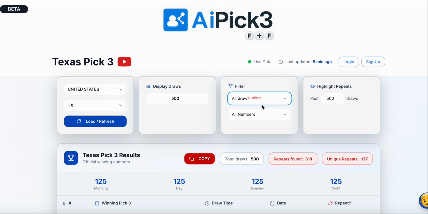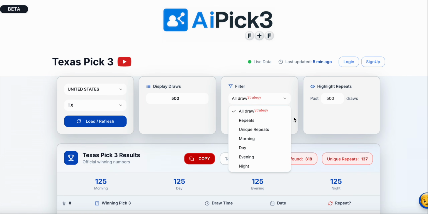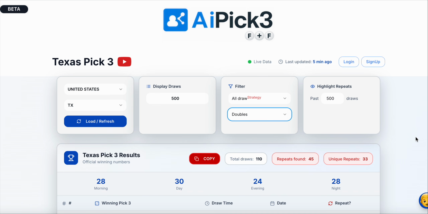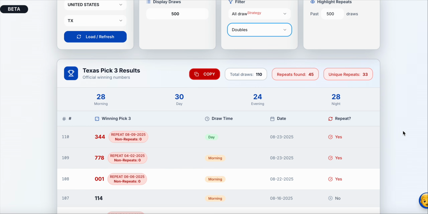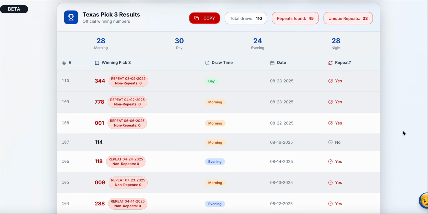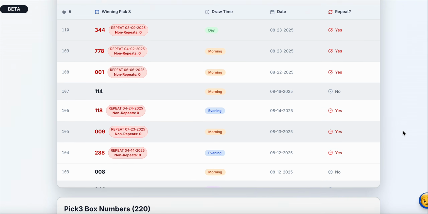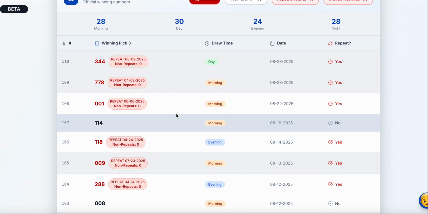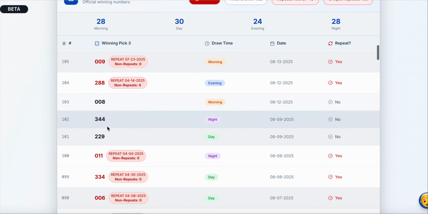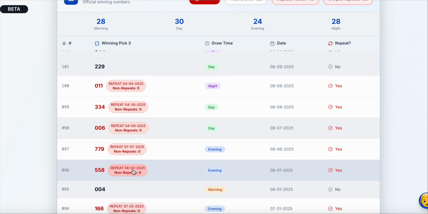But if you take it to doubles, if you play with doubles, wow, this is awesome. And I'm going to show you how many numbers there are for you to play. You're going to love this. Look at that. So now you take it down to doubles, right? Now look what happens, okay? You get more of these gaps. So if you see something like this, and we're only dealing with Texas, we're going to add more states. Remember, we're still in the beta for this.